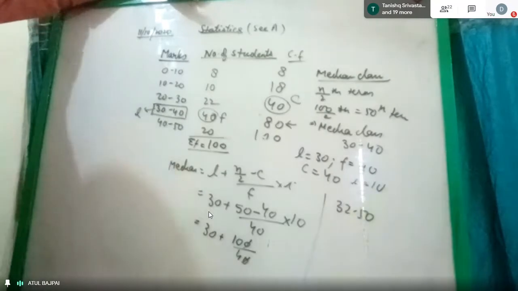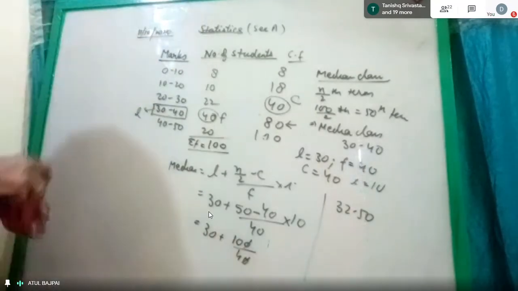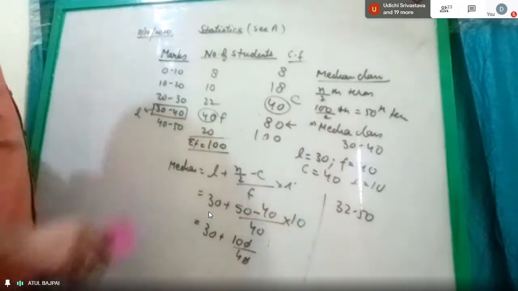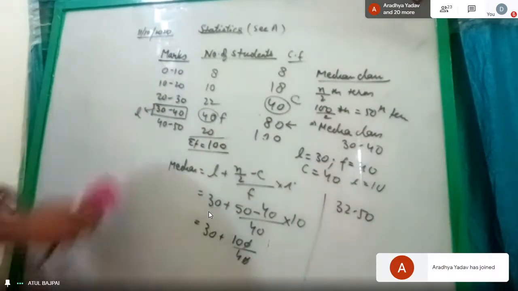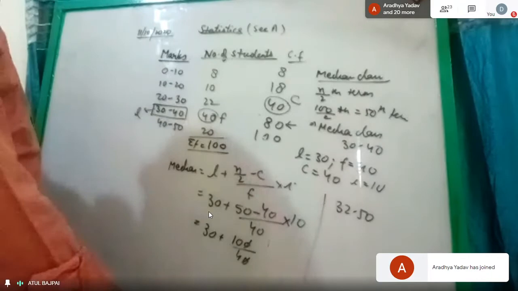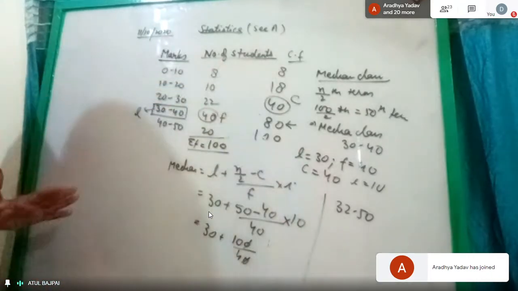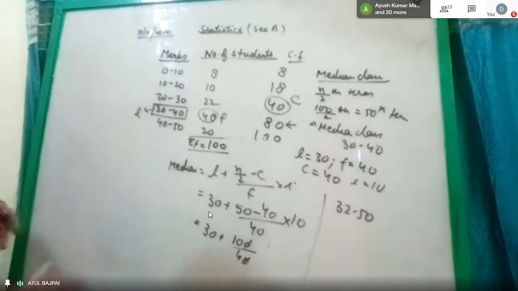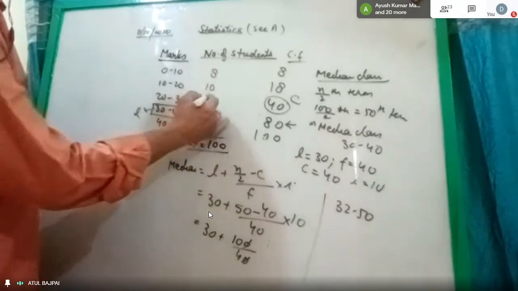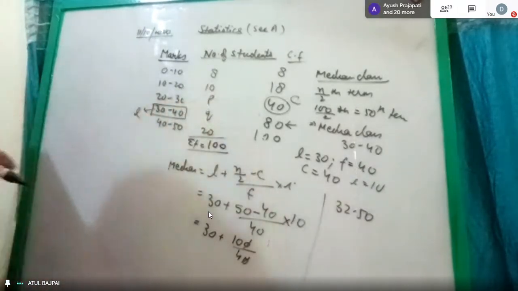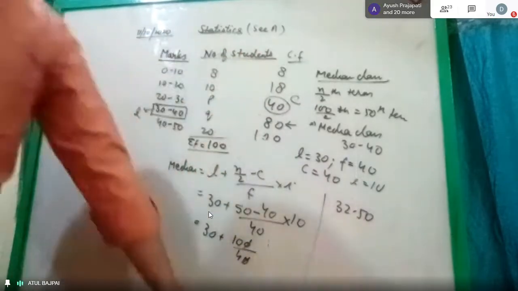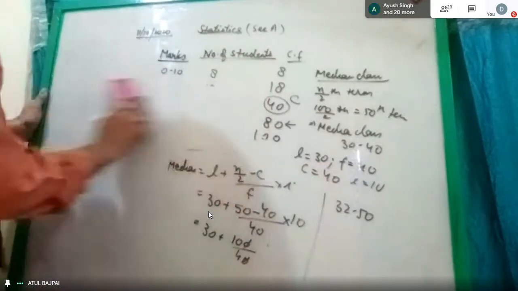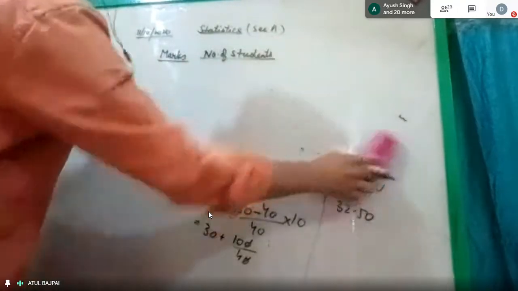Let us take one more question. The same pattern. Now, what type of questions can come? One will be simple like this, find the median, or sometimes they give you missing frequencies. They might give you missing frequency like this, and they will give you the median. So, applying the formula only, we will try to solve it. Let's do one more question on the same pattern, and then the next one.